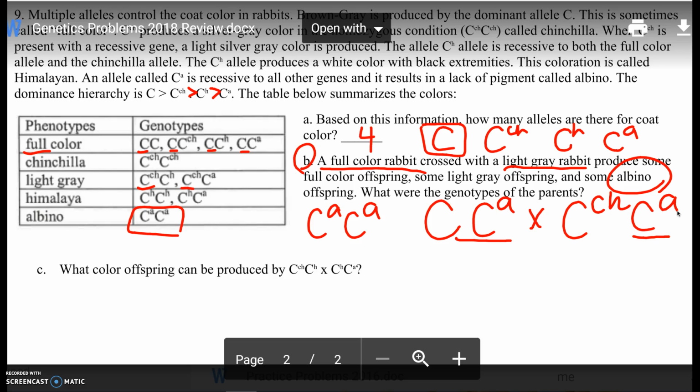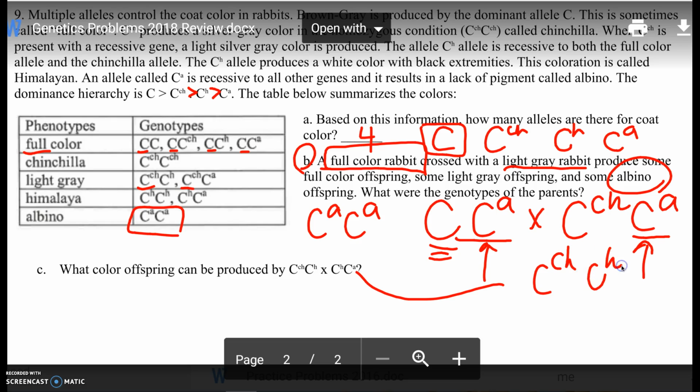So to attack these, my suggestion, look at what color they are, write in what you know has to be there, and then to figure out the letter you don't know, look at the offspring and work backwards. And that should be able to do it. The second one is actually really easy. It looks like it's a hard problem, but in this one, literally you just do a Punnett square. C, CH, CH, CH, CA, and then you just fill it in and look up what colors they would be. Like this one, C, CH, CH, would be light gray. And if you fill it in, I believe you get half light gray and